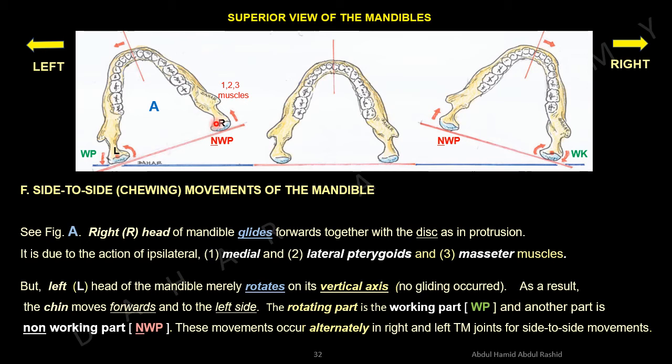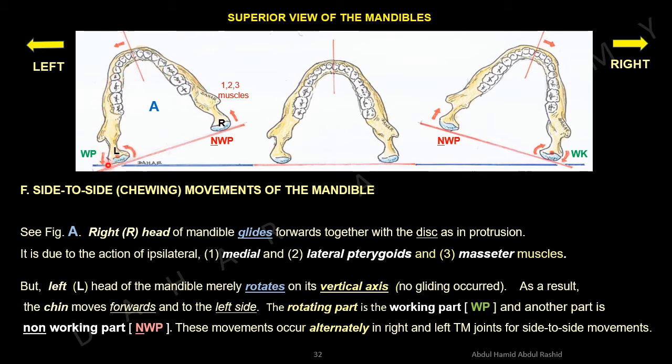The right head of the mandible glides forwards together with its articular disc, like in protrusion. It is due to the actions of medial pterygoid, lateral pterygoid, and masseter of the same side, the ipsilateral side. At the same time,